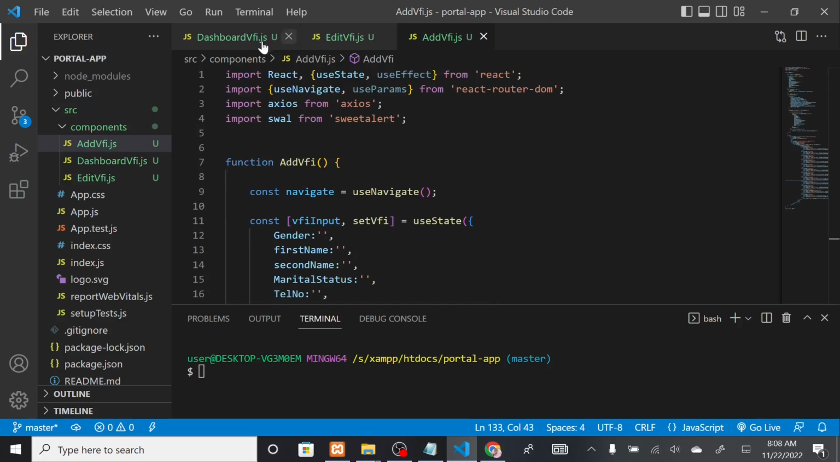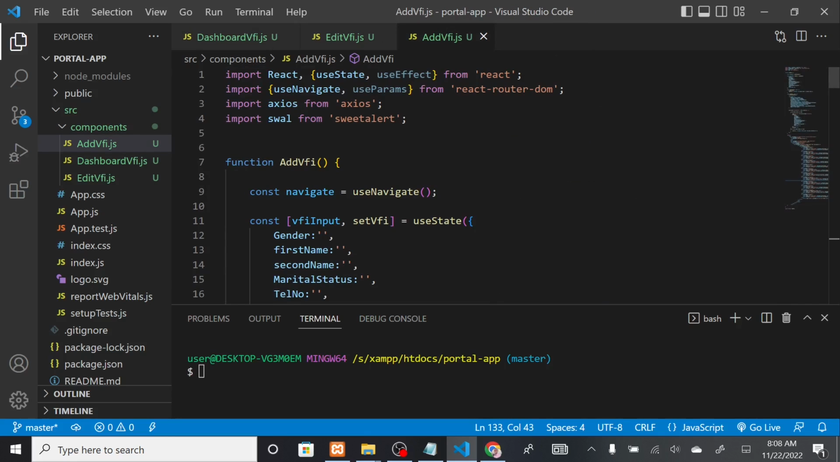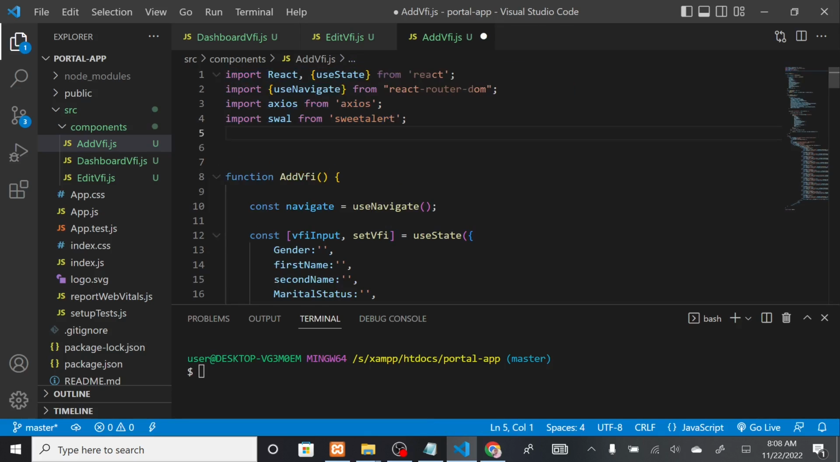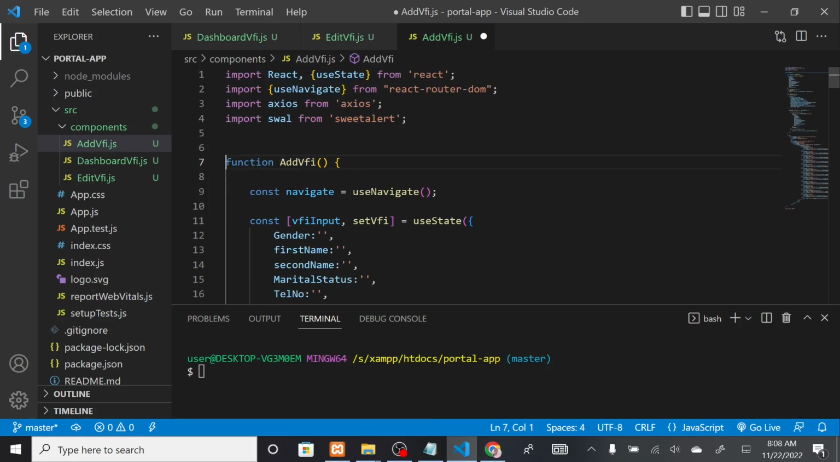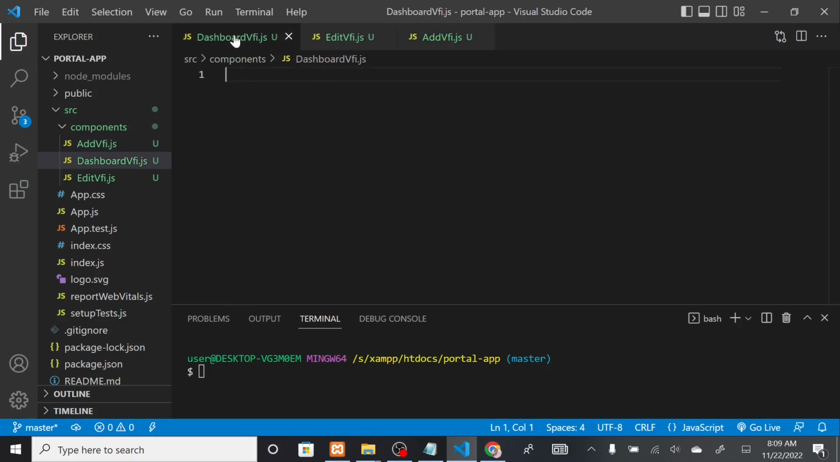Now let's go to the dashboard VFI, and before we do that, let's look at this import statement. I think the param should not be there. So let me do something there. Sorry, these are the correct imports. So what are we having? We are having the React use state, and then the use navigate, and then the Axios. The params, I'm going to show you where we are going to use them. So that is done. So let's go to the dashboard